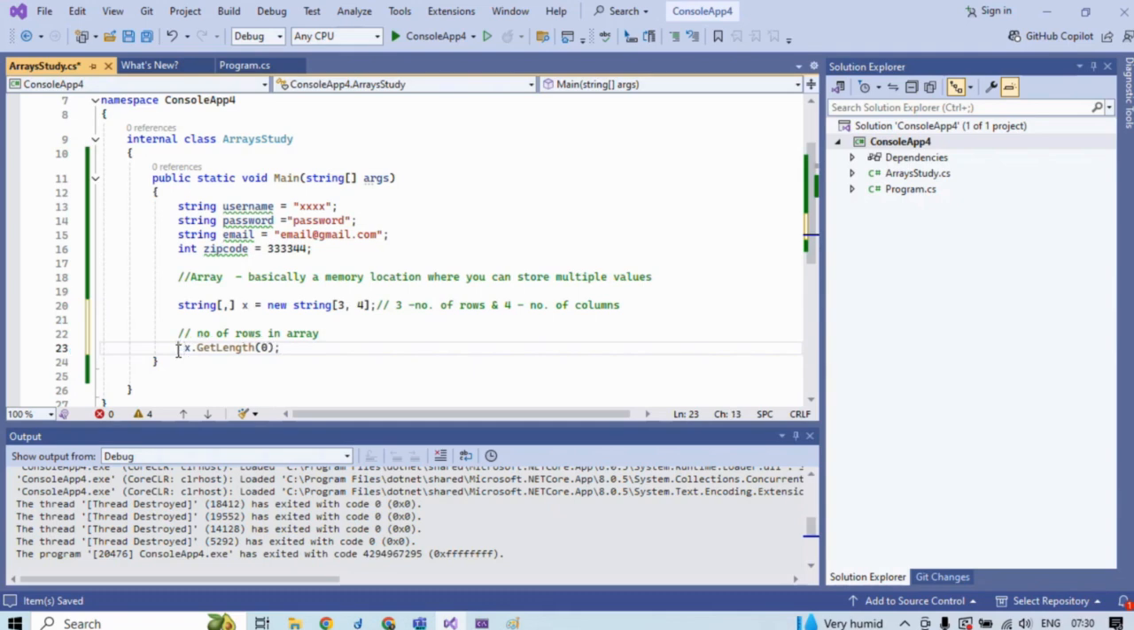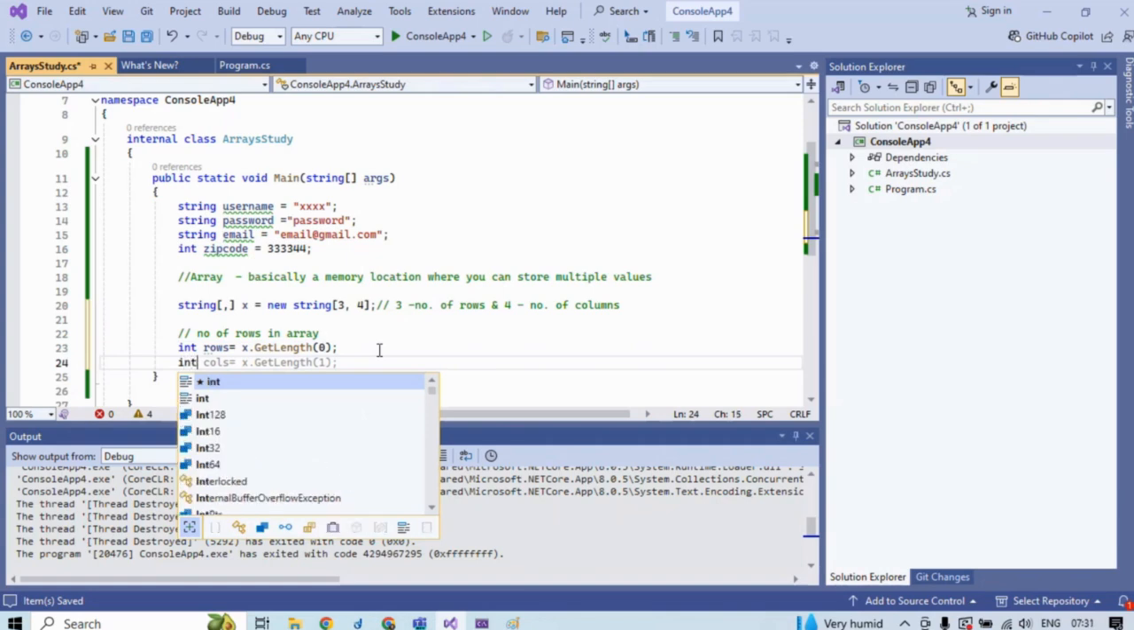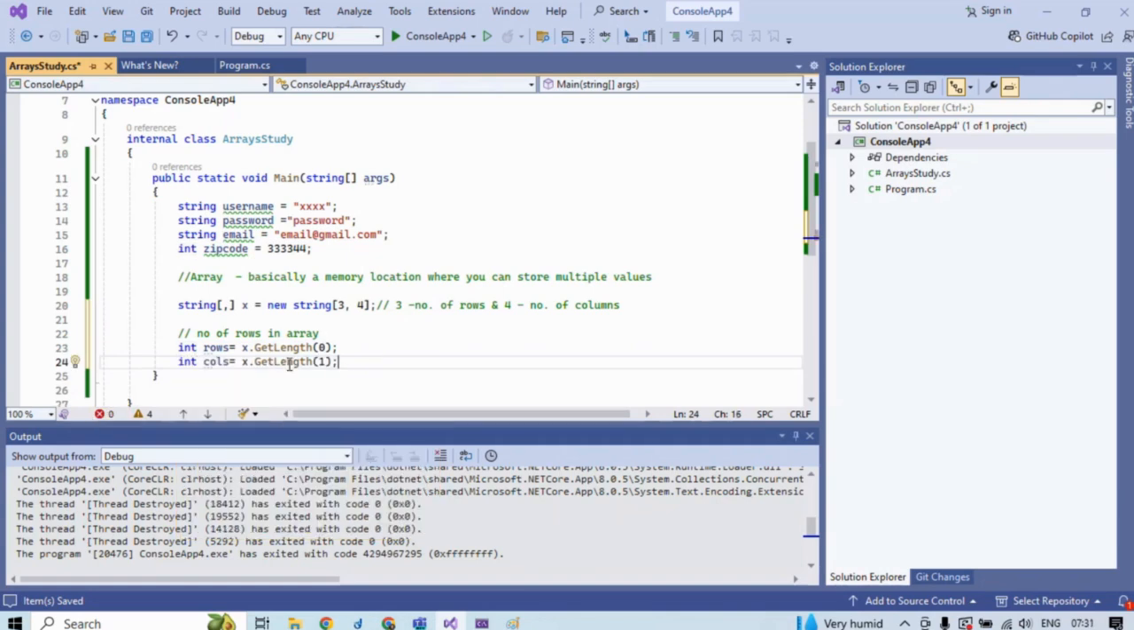Suppose I will declare it as int rows, and for columns I will get it as you can see x dot GetLength(1). This will give me the number of columns. Now, suppose I want to iterate through each